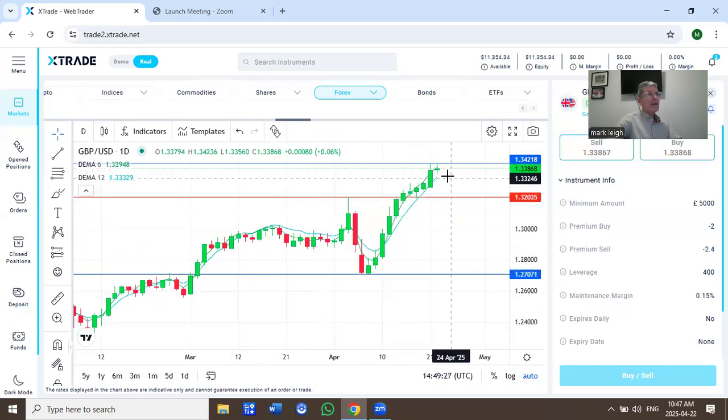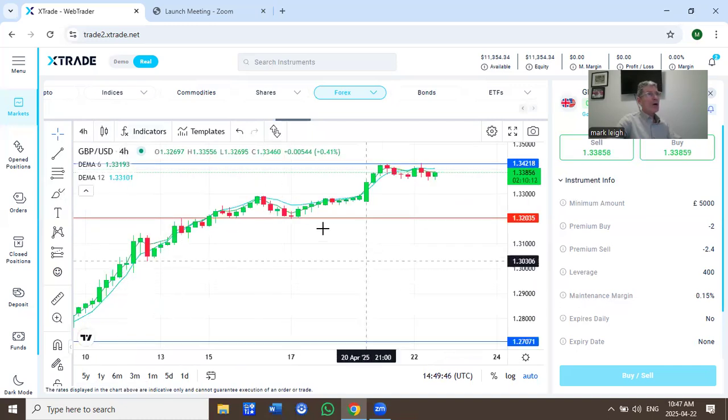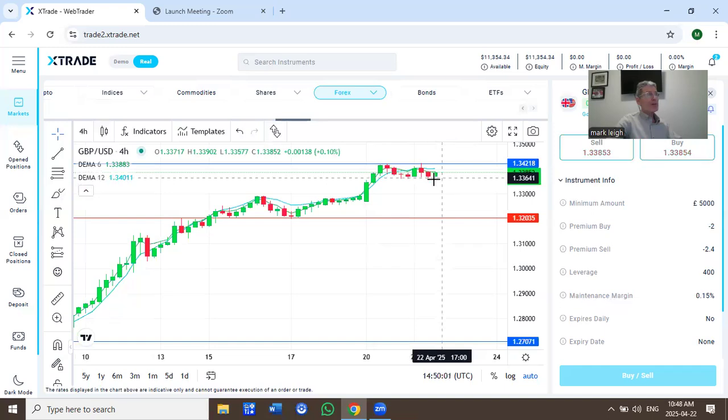A very brief run by the US dollar to recoup some losses, 133.56, but it looks like the pound is back on the way up, looking to test the 134.20 area. That's the resistance from yesterday. On the 4 hour, very flat. US didn't make much gain against the pound, and pound again looking up at this resistance of 134.20 area. Sellers will be looking to come below where we're sitting now, the 133.68.